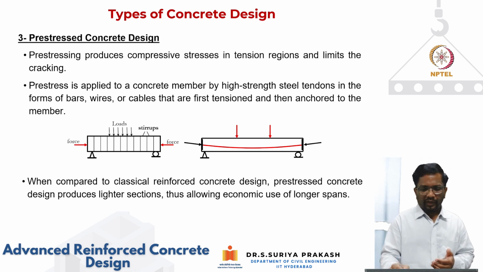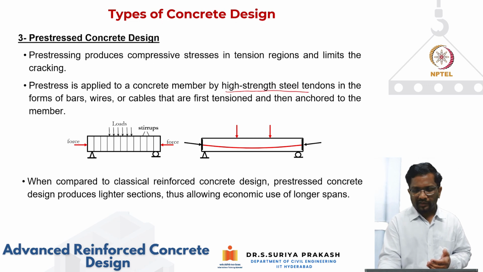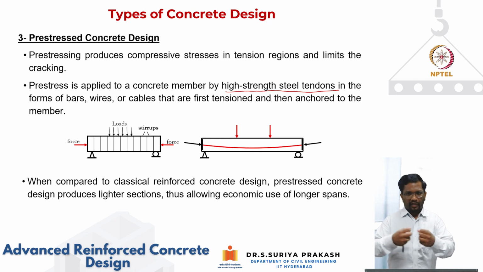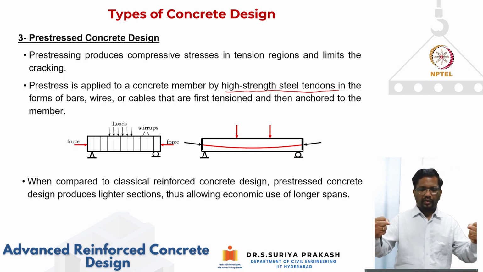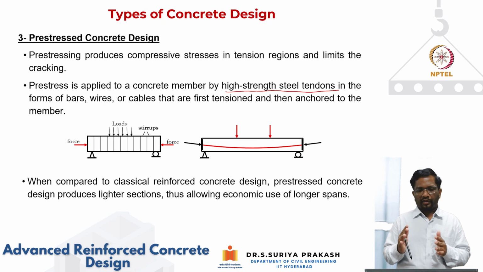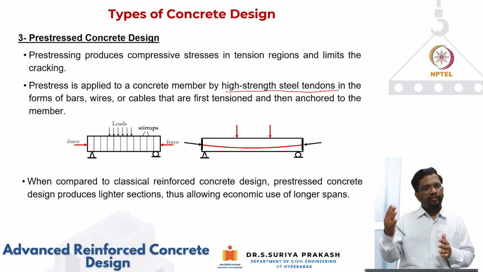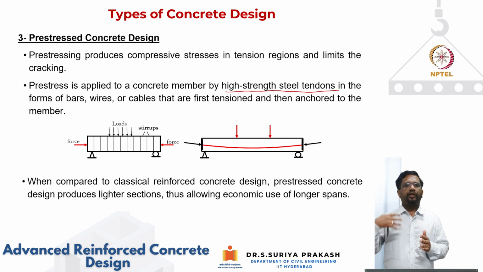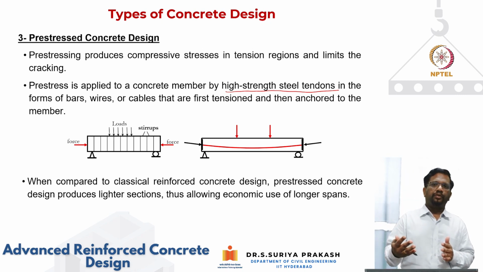Usually pre-stress is applied to a concrete member by high-strength steel tendons. Imagine this high-strength steel as a rubber band. I stretch the rubber band, pour concrete, and then I release the rubber band. The rubber band, or the steel, is going to basically squeeze the concrete and put it in compression. In that way, we can create compression in the regions where tensile stresses are going to develop